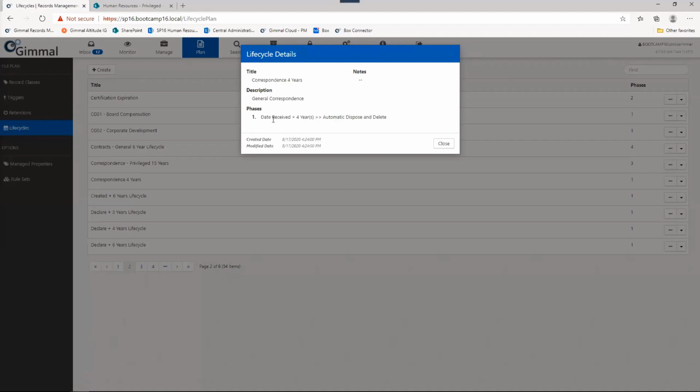So in this example, look at the date received of the email, wait 4 years, and at the end of 4 years, automatically dispose and delete of that email. For my privileged